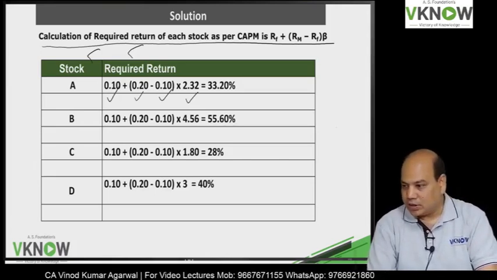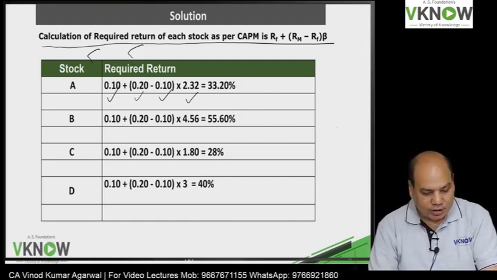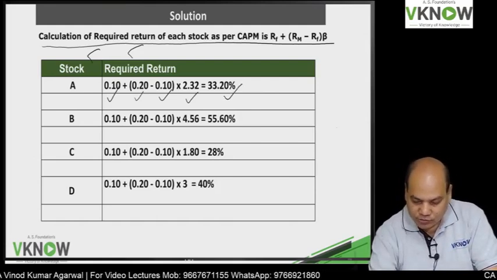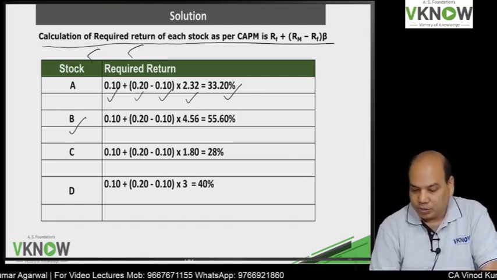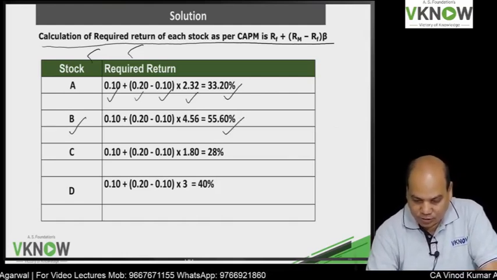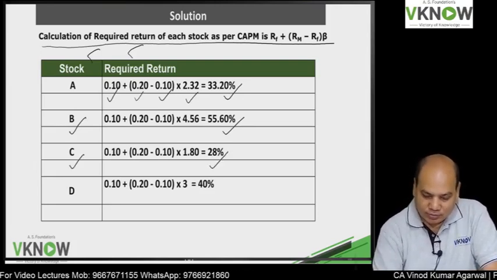I have written the answer. I would ask you to check it. Is it 33.20? Please check. One line blank. Stock B 55.60. C 28% and D